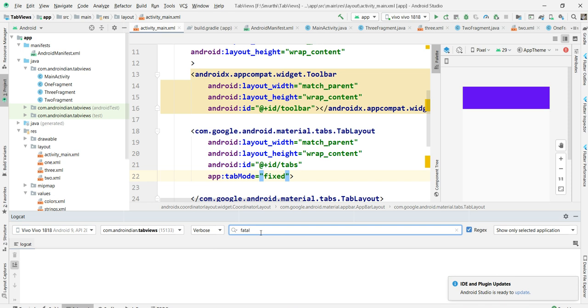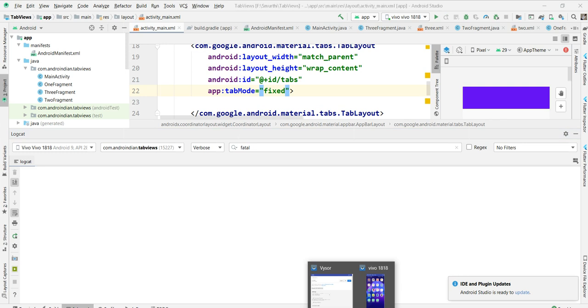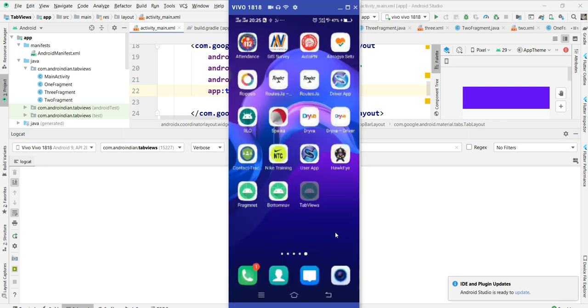Fatal exception. It's not showing any errors here.